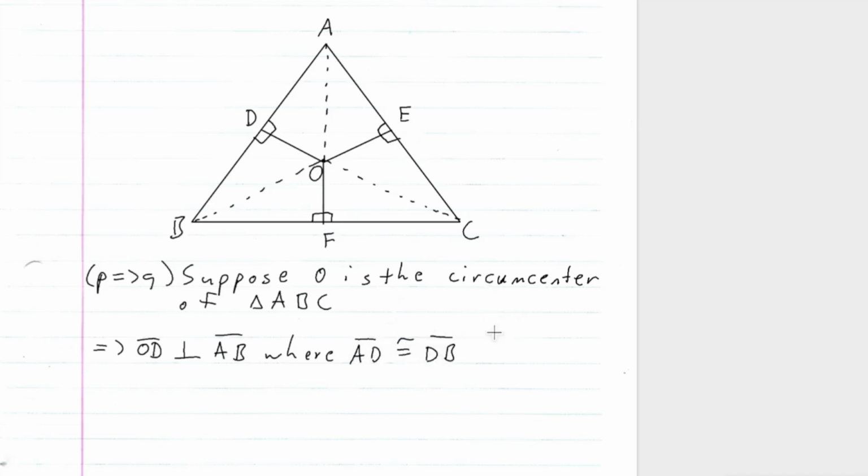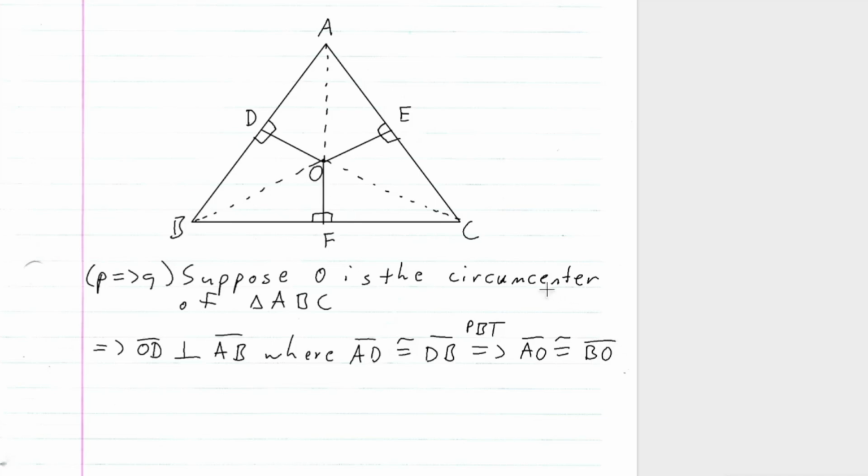All right, and then of course you can see that if this is the perpendicular bisector of AB, which it is, because OD is perpendicular to AB where it cuts AB in half. So by the perpendicular bisector theorem, we know that if we have these two conditions, that AO is congruent to BO,